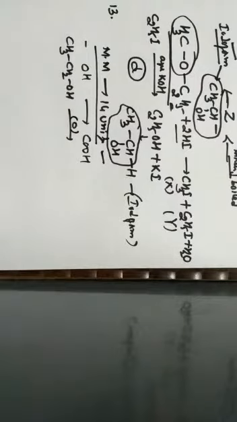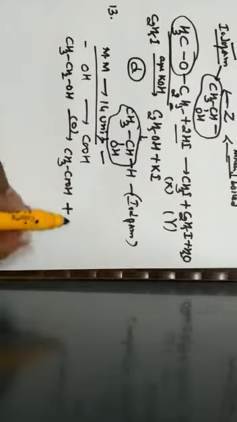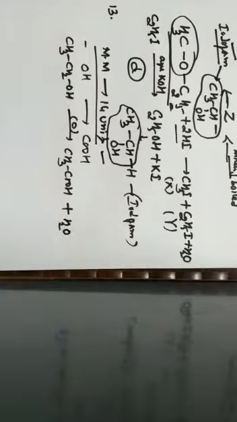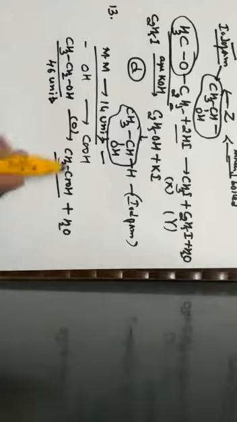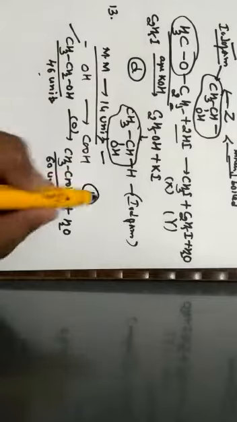When this primary alcohol is subjected to oxidation, what we are going to get? We are going to get a carboxylic acid along with the formation of what? Water molecule. When we calculate the mass of this, it will be how much? 46 units. If I consider the mass of CH3COOH, so its mass is how much? It is 60 units. When I take the difference, it is how much? 14 units. Hence, the correct answer is what? Primary alcohol, which is given by the option B.